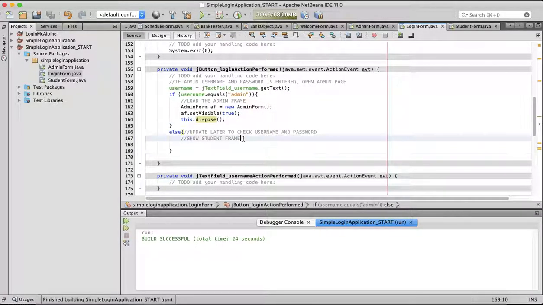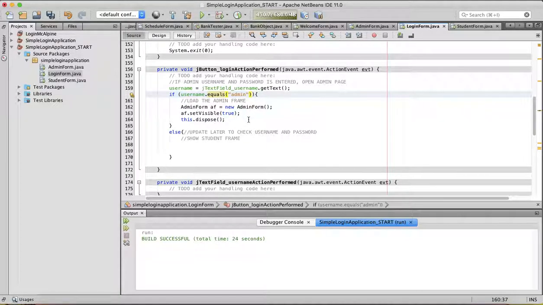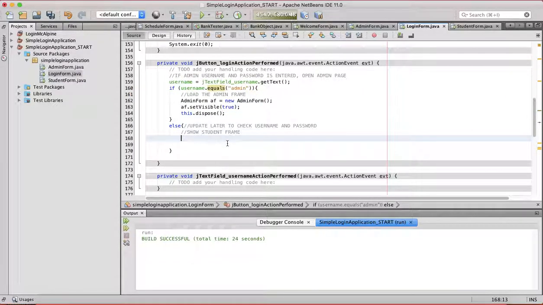So what can we do now? We can do the else part. We could go back here and add in the password check as well. So that's something we'll do later when we're querying the database and checking that the password's correct. If it's not, then, if they click the login button and it's not admin, we want to get the student form. So pretty much the same code,